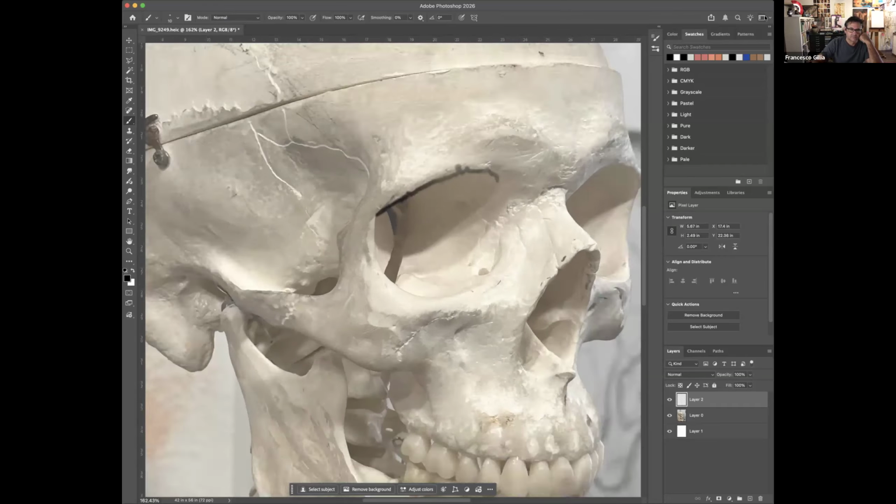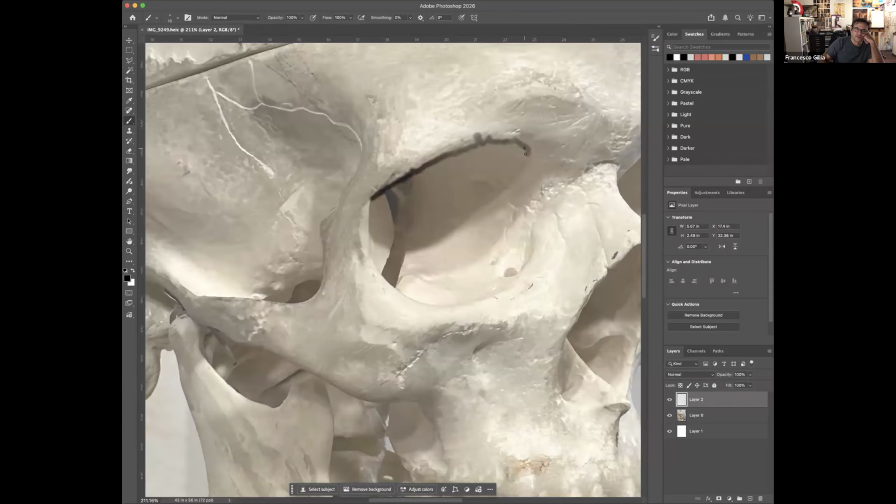So let me go back and let's say that we were following my first line. I can go a little less dark. This line that I'm following separates shadow from light. So what we saw earlier is that with the line, we can describe different aspects. We can use this contour line, and it could be for plane changes. It could be for a difference between light to dark. So a contour line normally follows the edge of a shape to describe a three-dimensional form,